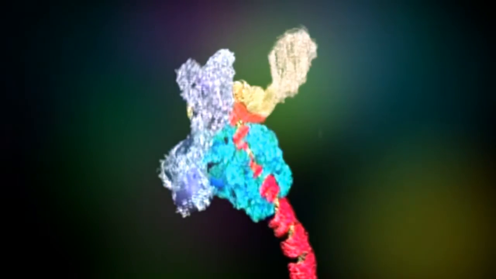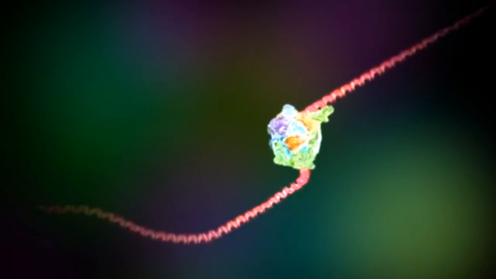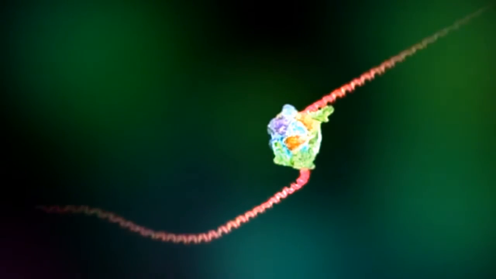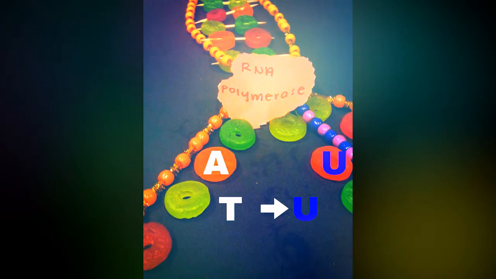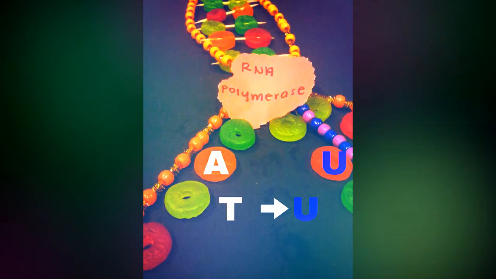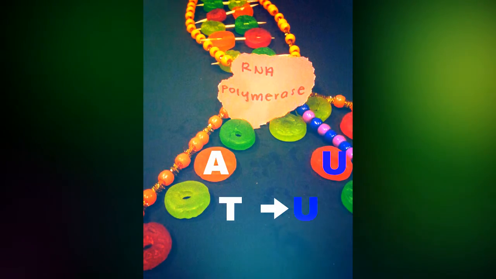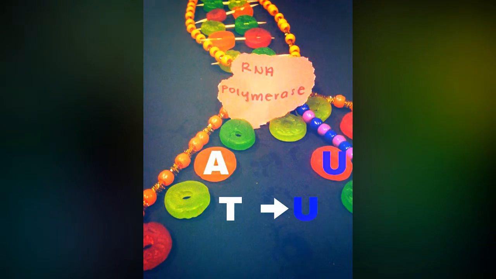First, the RNA polymerase unwinds the DNA. It then copies the template strand's genetic information for making protein into the form of a messenger RNA. The messenger RNA leaves the nucleus. Once it leaves the nucleus, it makes its way to the ribosomes for the next and last step of protein